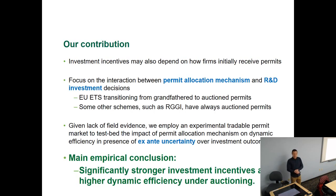So one of the aspects we're going to be looking at here, we actually have a model where the allocation method shouldn't matter, but it might matter due to imperfections in the competitiveness of permit markets or biases in our decision makers' ability to understand the difference between opportunity costs and explicit costs. So that's why we're going to be looking at how the investments vary or may vary depending on how firms